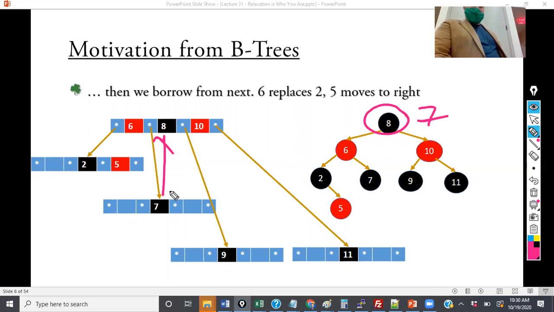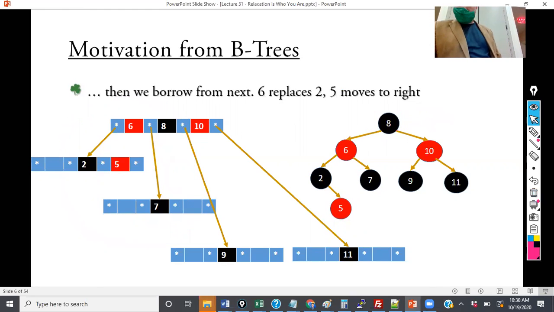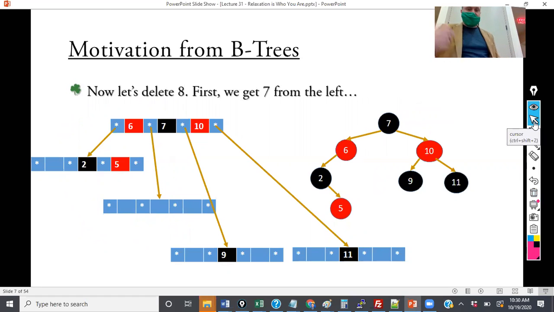Then this will become empty. And then we have this scenario here. So the way this will work is, let me go to the next slide, because on the next slide we can move 7 up. And now we're going to perform a rotation. When we borrow from previous, because we have 2 elements over here,